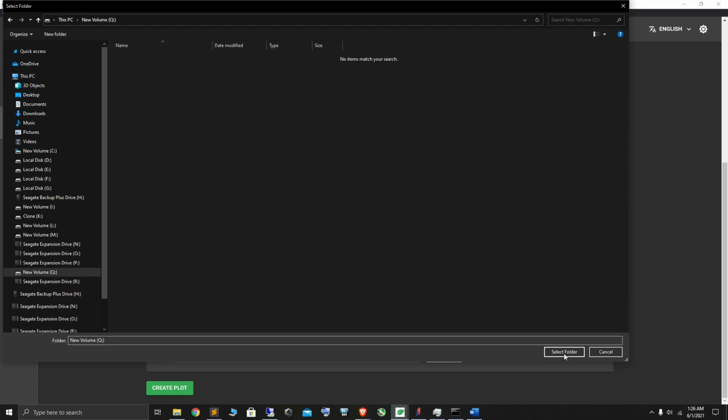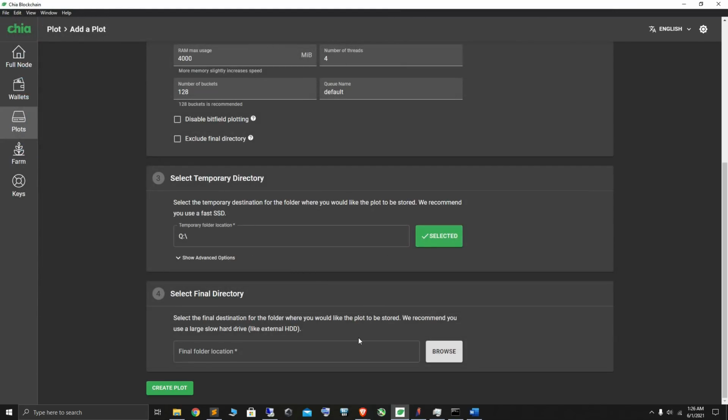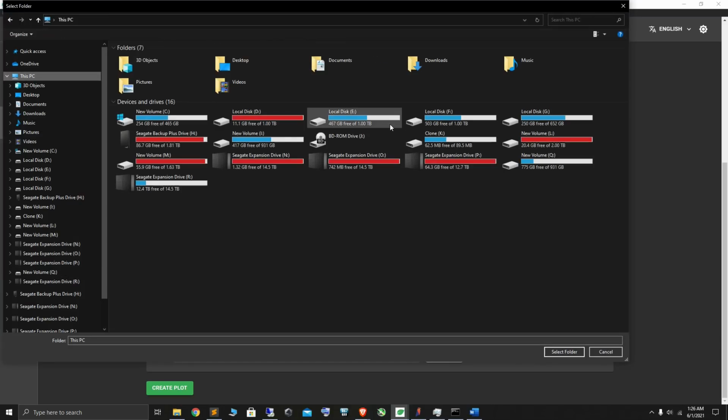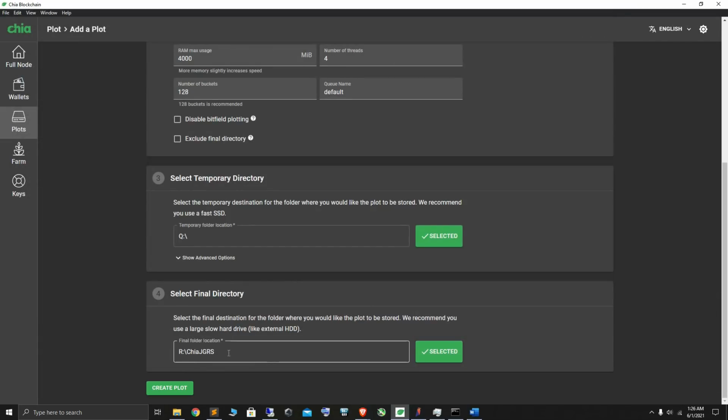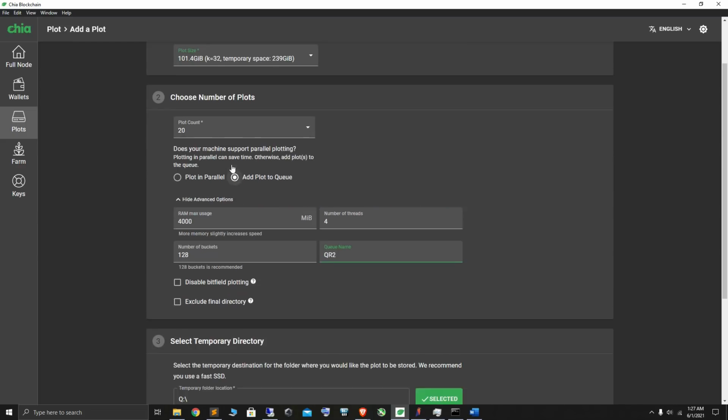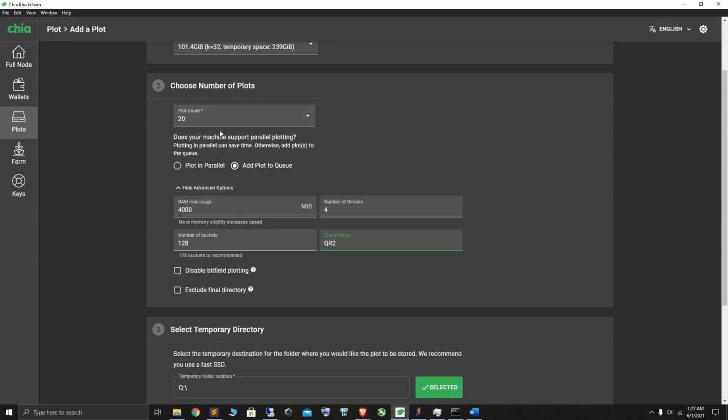So I'll select Q as my temporary directory, and I will browse over to the only drive that I have left, and I'll select the folder. Now that I've got all these settings done, since I already am doing 1 plot with Q and R as a combination, I will name this uppercase QR2, and that tells me what kind of plot this is. Of course, just to quickly check once again, 20 plots, 4000 RAM, 4 threads, QR2 is the queue name,